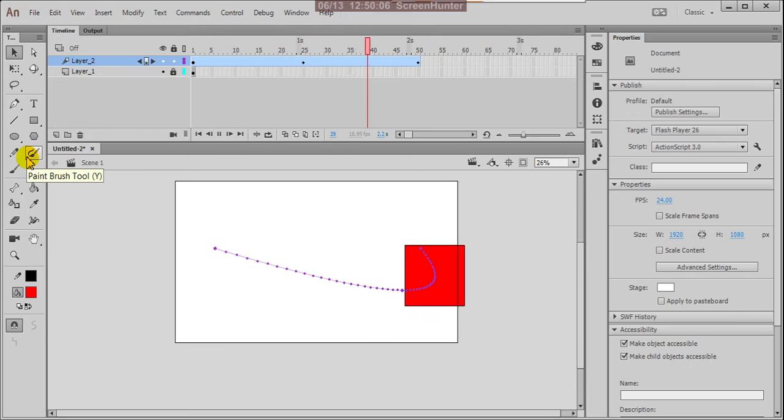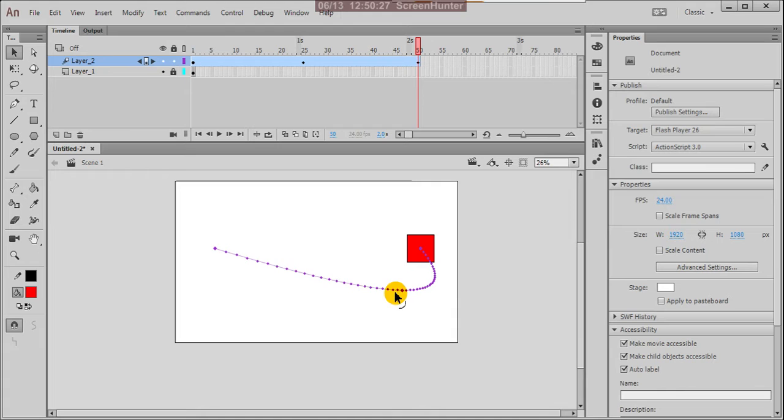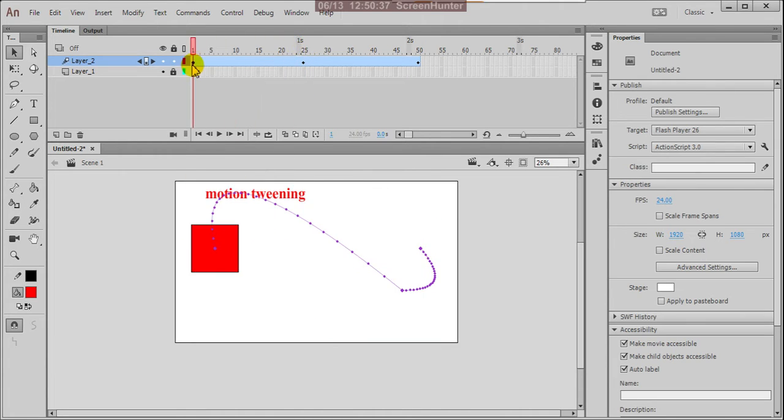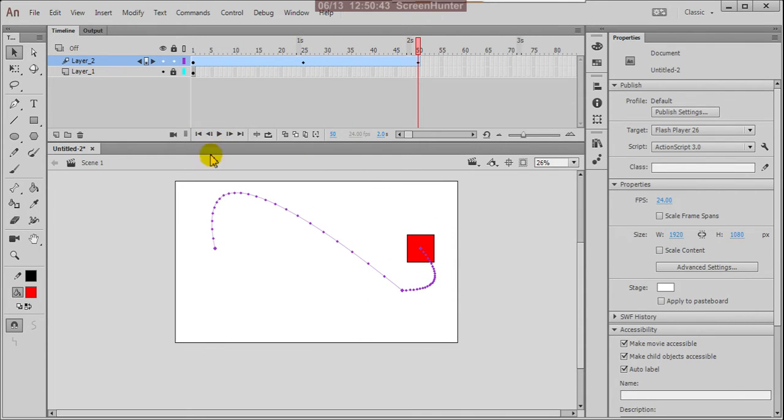So this is a tweening animation. Tweening animation means what? This is also tweening, but it is a motion tween. Automatically it creates the motion by a path. So you can change this path accordingly, and your action also changes. You see now. Yes, now you can play this. You can experiment with different timing.